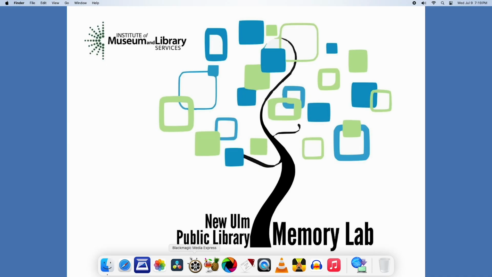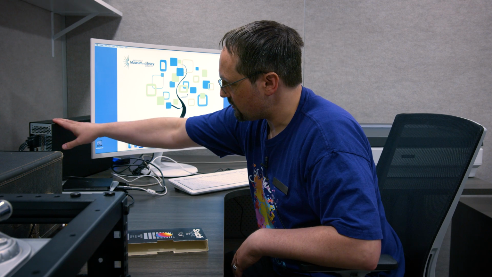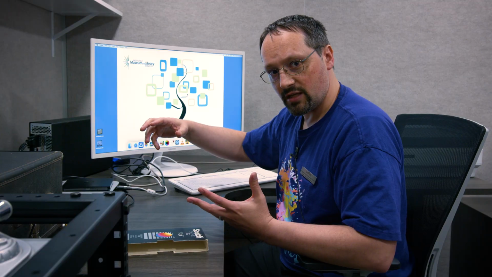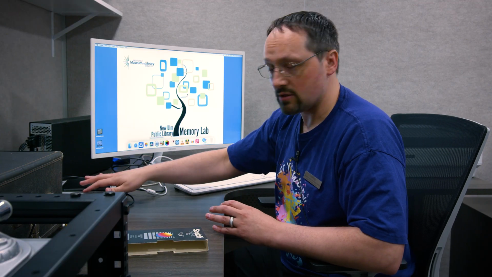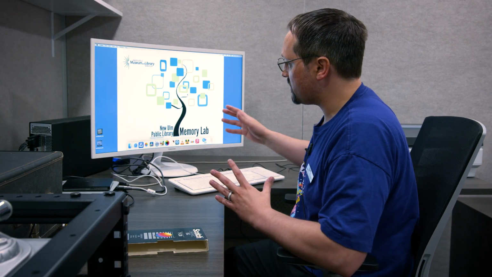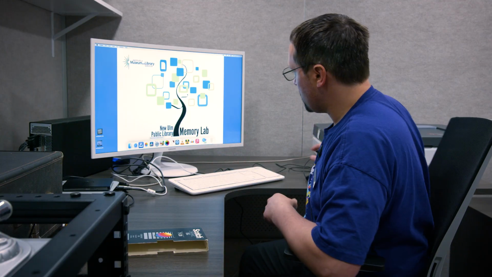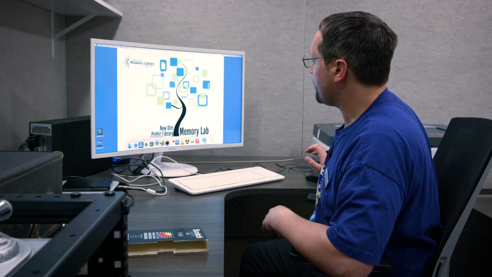first thing you're going to use is this film reel here down in the applications bar called Blackmagic Media Express. The VCR is connected by cables to a piece of hardware that captures the video and audio signal from the VHS tape and then is able to convert it into a digital signal. And that first step is the capture. So I click on this film reel,